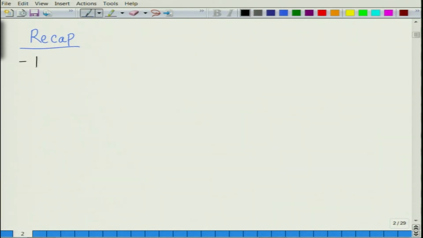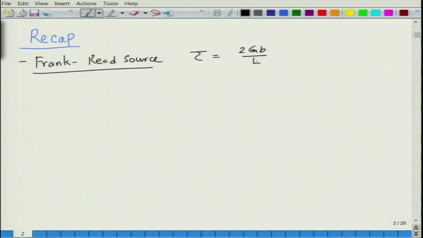In the last lecture we looked at the stress that is required to operate a Frank-Read source, and we saw that this stress is equal to 2GB divided by L, where G is the shear modulus, B the Burgers vector, and L is the length between the two pinning sites. So, if you have this dislocation, this is L, these are the points A and B, and when you move the dislocation it goes in this fashion,